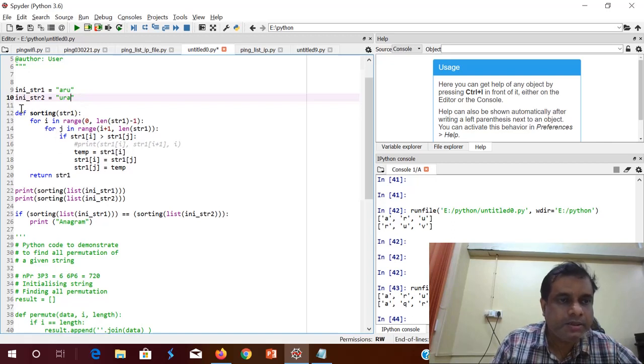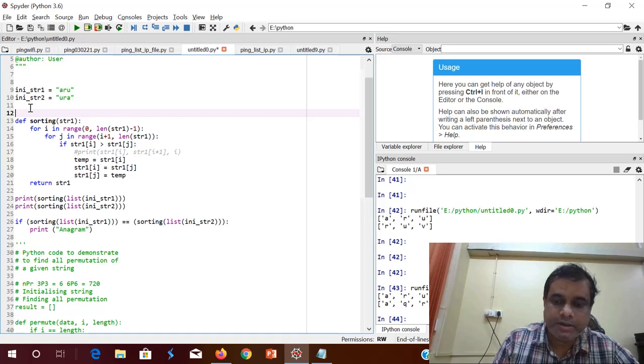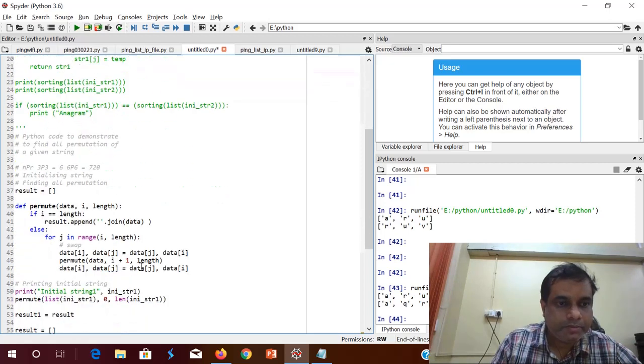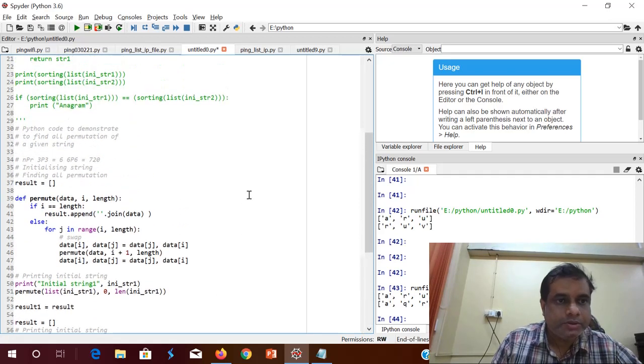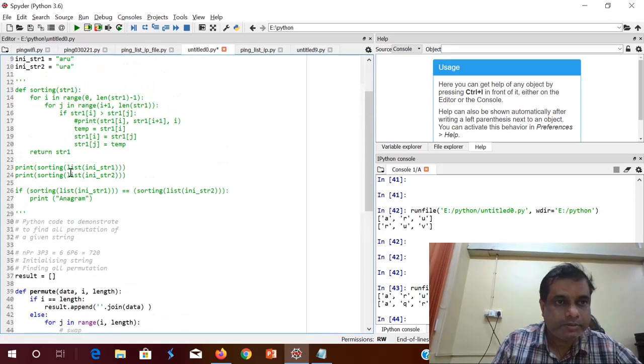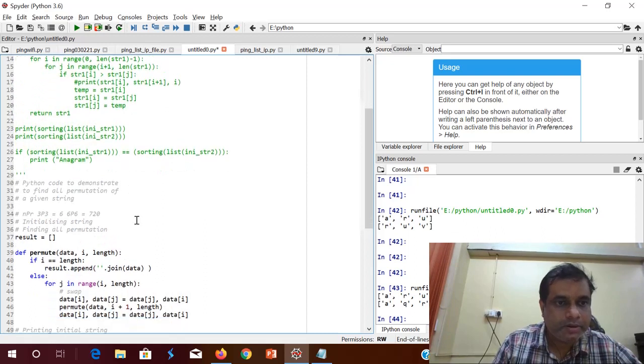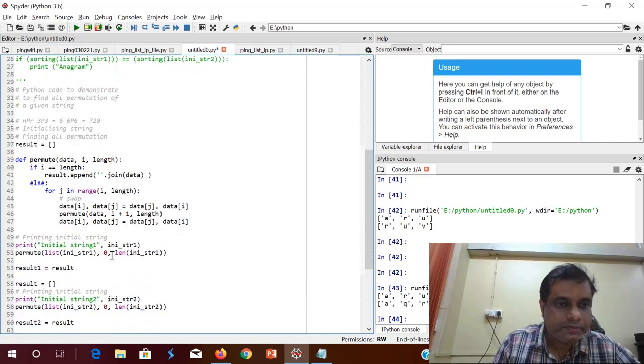And another method I have done is using the permutation. Okay, I will show you that. So I'm taking the same strings. I have just commented out this sorting, and we have taken ARU. So how many combinations will be there? Six combinations will be there. Okay, so this is the function